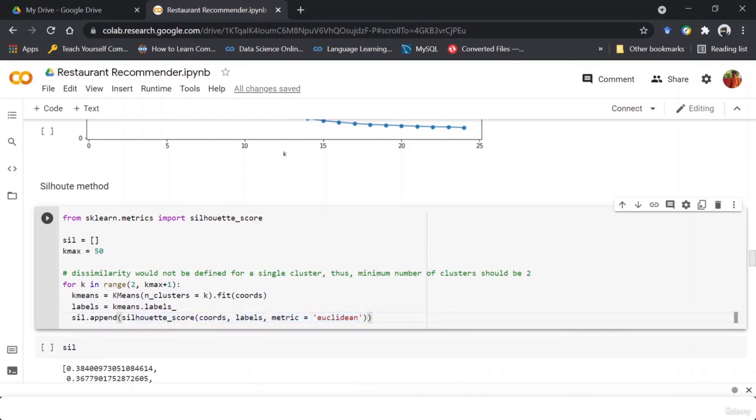So the silhouette score is what actually calculates all those silhouette coefficients and then takes the average of that.